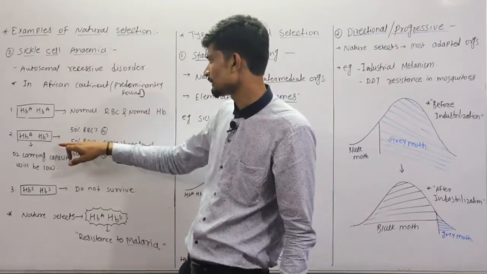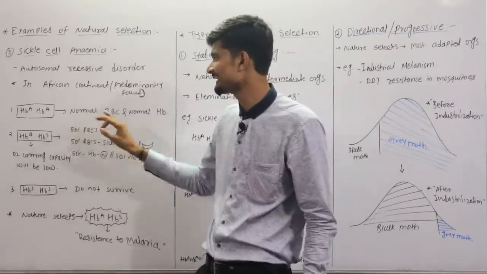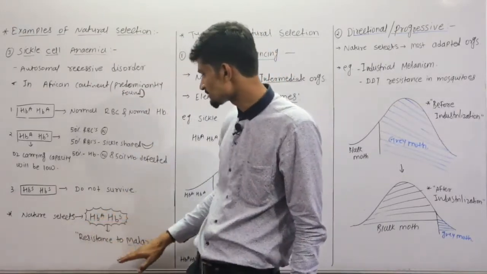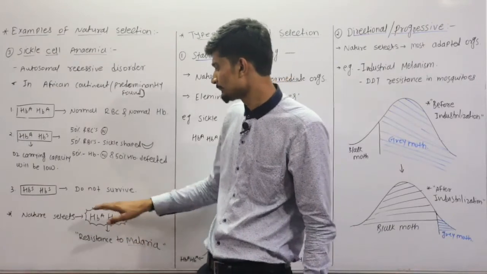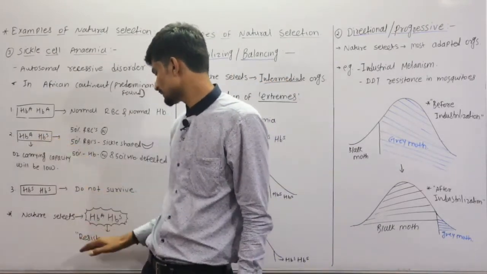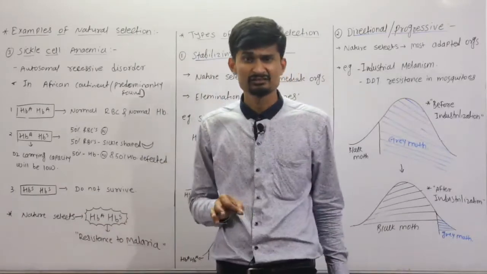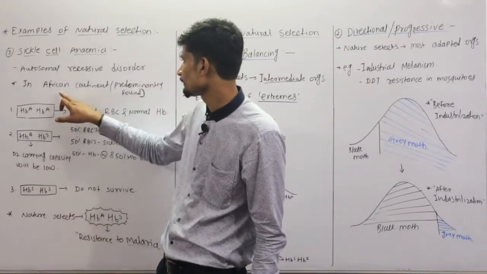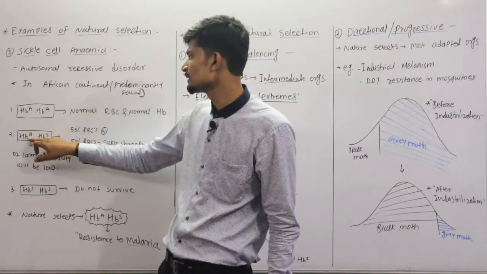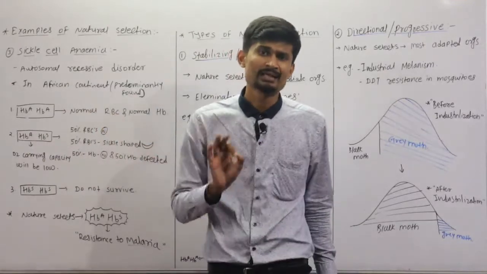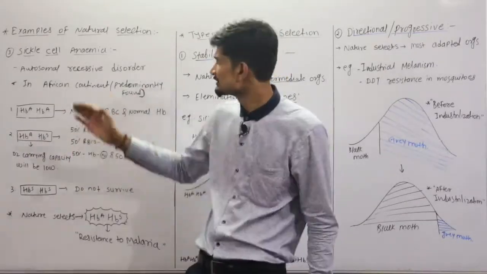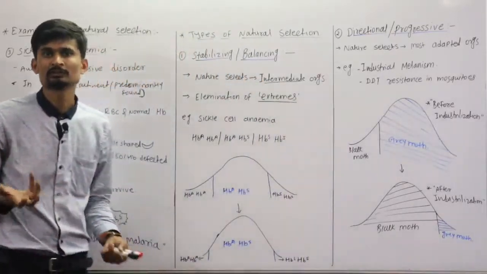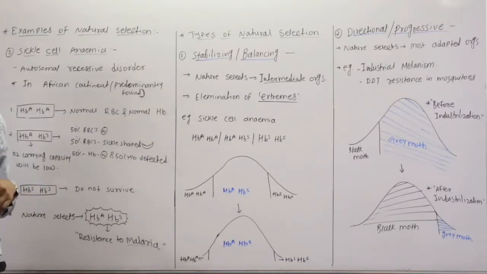But due to this, the person cannot die due to the HbA and HbS gene combination, and along with that they get resistance to the malaria disease. Because this intermediate condition is resistant to the malaria disease. So that's why nature selects this condition, and so we find that in the African continent there is an HbA HbS genotype in most of the humans. This is an example of natural selection, how nature selects the organisms which are fittest for that particular environment.